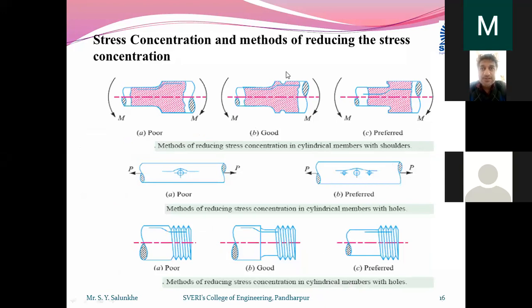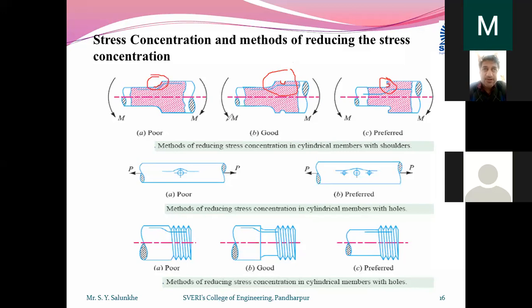Here also you can see some examples where stress can be reduced, or stress concentration can be reduced. This particular component is undergoing a bending moment. And here you can see, as in the previous case also, you can provide some fillet, that is nothing but curves instead of having a sharp edge, or you can provide some notch here so that stress concentration will get reduced, or you can provide a notch here so that stress concentration can reduce in this case.